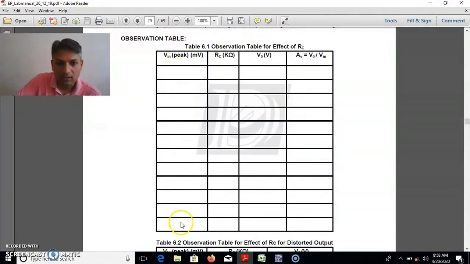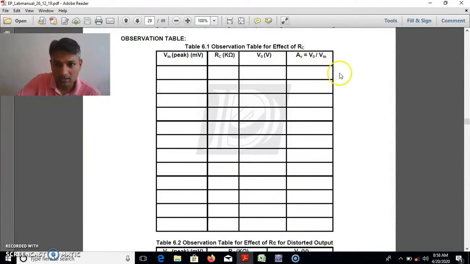For every reading, this Vin is fixed. In response, we vary the value of RC. At a specific value of RC, we measure Vout. That is the third column, VO. And in the fourth column, we compute the voltage gain, which is nothing but VO by Vin, the ratio of output to input.